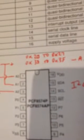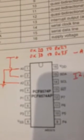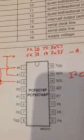They come in 2 variants, the 8574 and the 8574A, and the difference is, as you can see from the top, the address ranges are different. So those 3 pins give you a different address range on the 8574 compared with the 8574A. So obviously 3 pins give you 8 addresses, and using the 2 chip variants you get 16 addresses. So you can hang 16 of these chips off